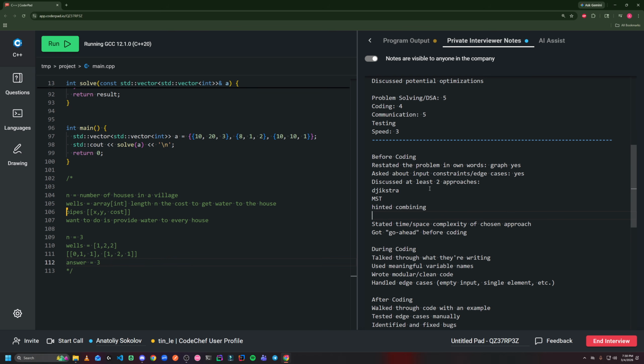Yes, I'm thinking about sorting both the wells and the pipes together in a general vector. So when we connect nodes from DSU,